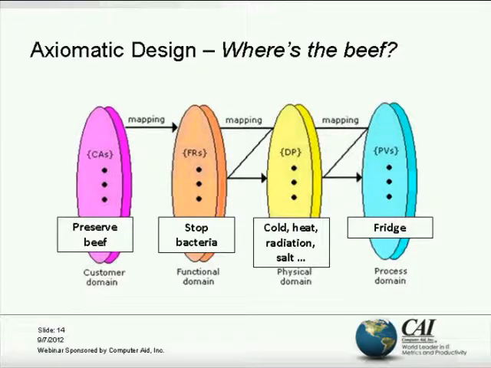Stop the growth of Escherichia coli, stop the growth of Salmonella, maybe stop oxidation, maybe prevent further contamination. All of these would be functions necessary, measurable to achieve that particular need of preserving beef. And then likewise, we map into the next domain, which is how can I stop the growth of bacteria? And in this particular case, we have a number of